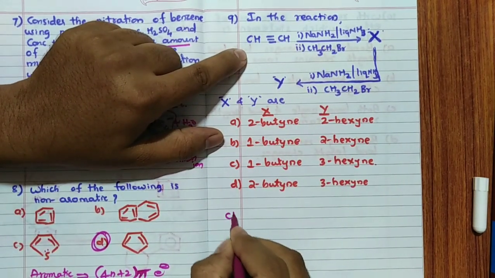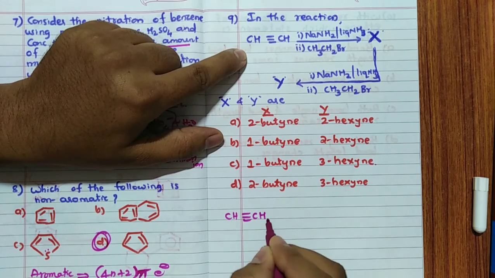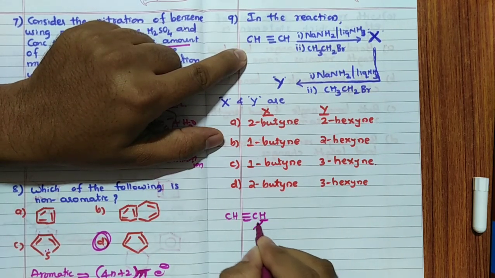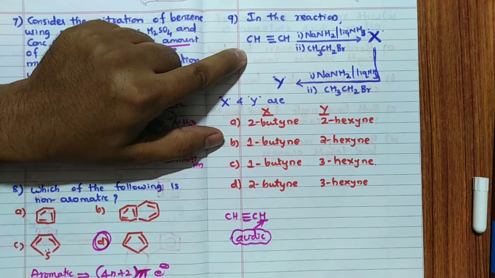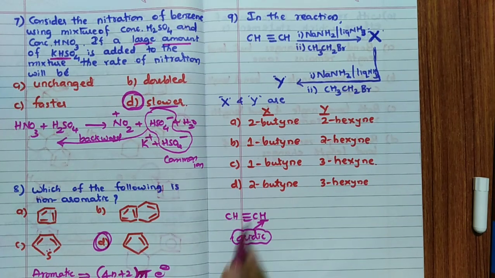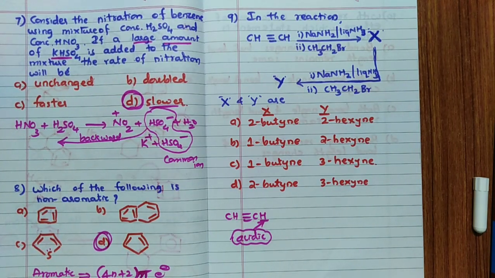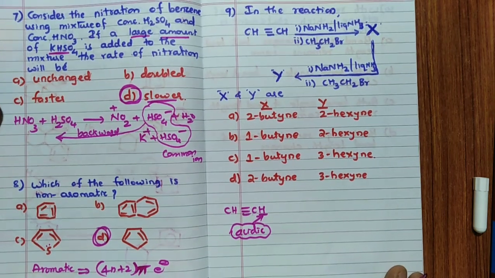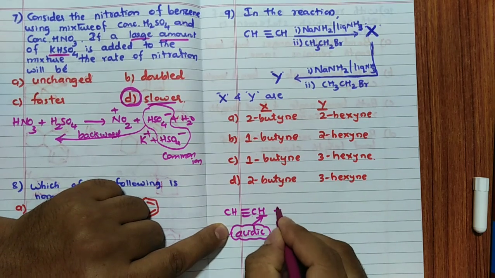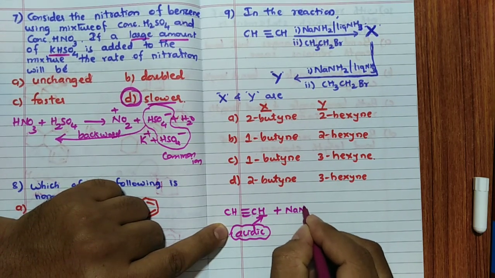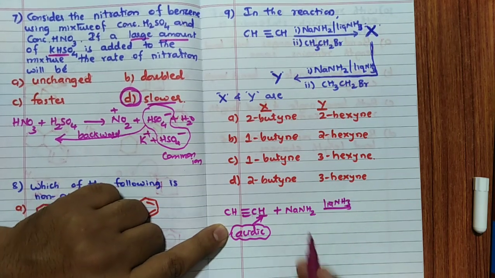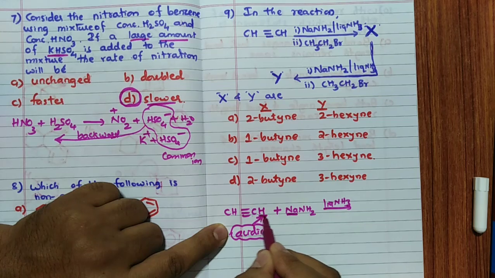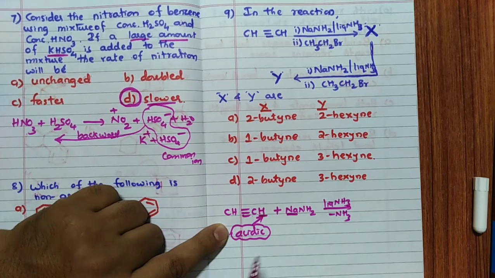Remember that. So here what happens? First of all, CH triple bond CH. This H is an acidic hydrogen, acidic in nature, because the hybridization is sp. The s character is 50%, hence electronegativity increases. I have explained acidic hydrogen in the hydrocarbon chapter. Now this acidic hydrogen reacts with NaNH2 in the presence of liquid NH3. Remember, this Na replaces H and NH3 is formed as a product.